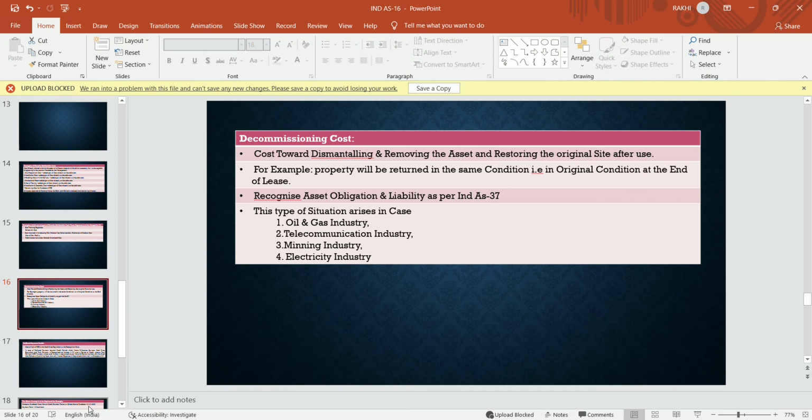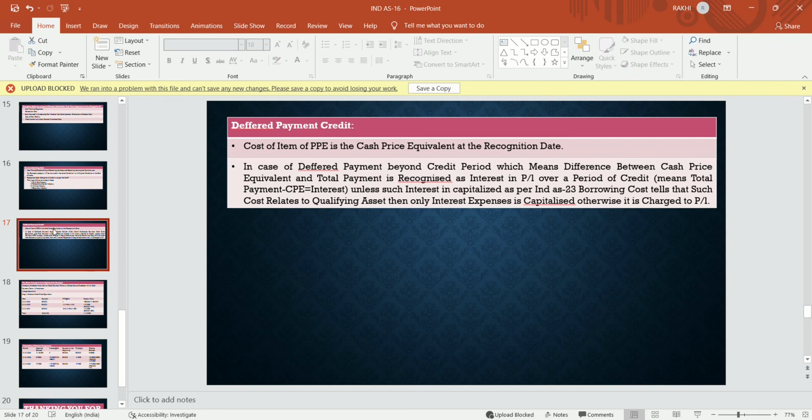Generally, this type of decommissioning cost situation arises in oil and gas industries, telecommunication industries, mineral industries and electricity industries. Then comes deferred payment credit. What does it mean? Suppose we are purchasing an asset on a cash basis, a motor car, paying instant cash from our own fund, then that asset is to be recognized at